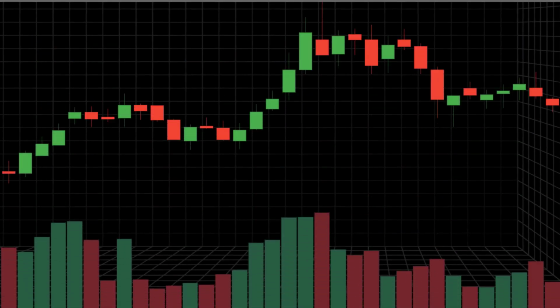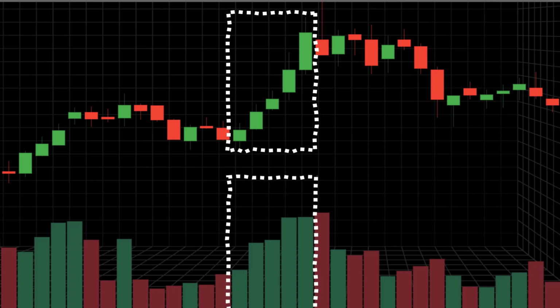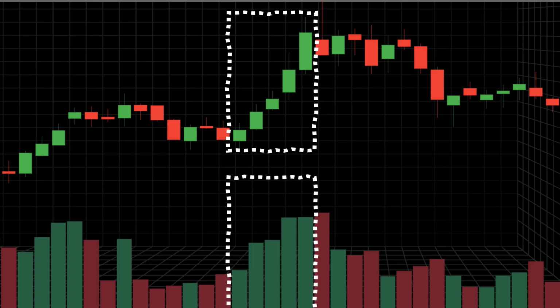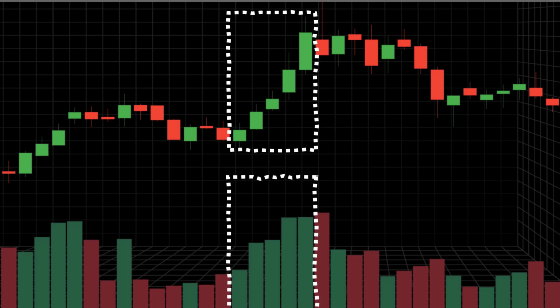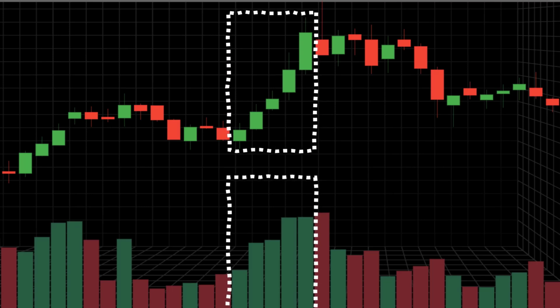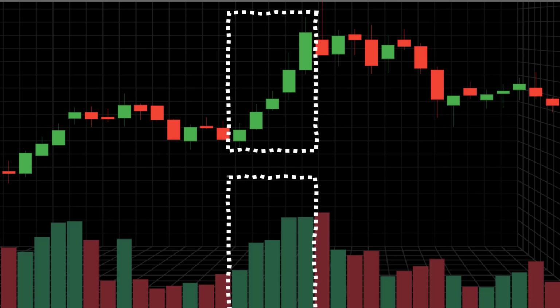Trading with candlesticks and volume can be complex, so take it step by step. Traders need to focus on both price and volume. Price helps identify the direction, while volume shows the level of institutional participation. You can trade on any time frame, but keep in mind that shorter time frames often include more noise. That's why it's a good idea to use charts from 5 minutes and up for more reliable analysis.